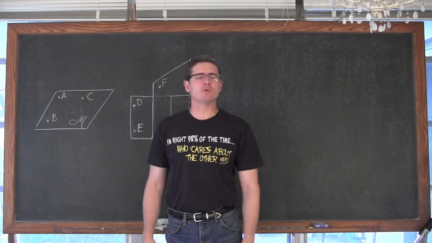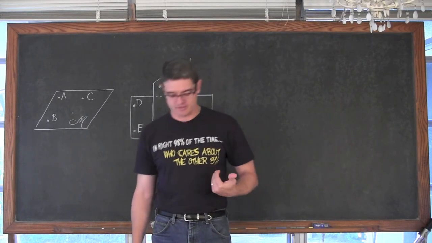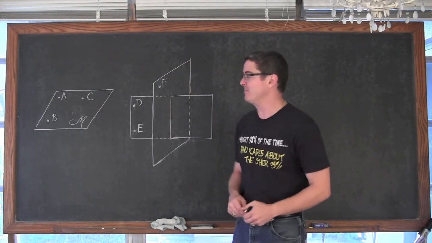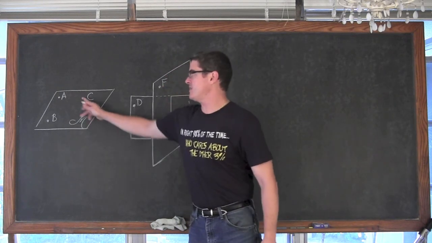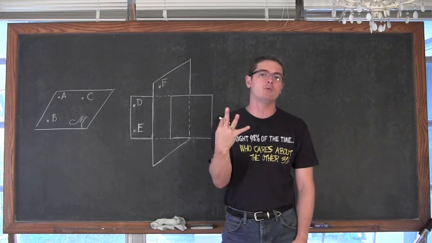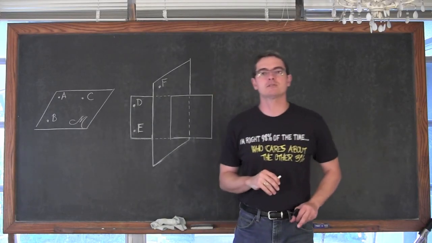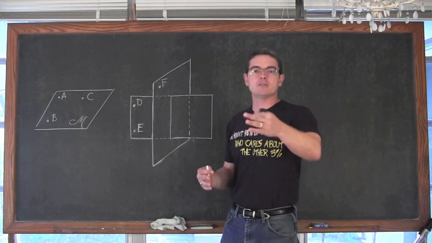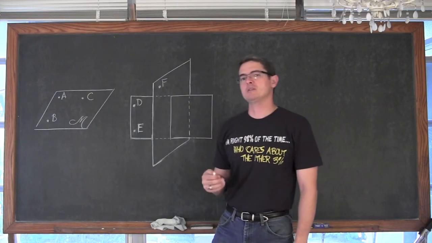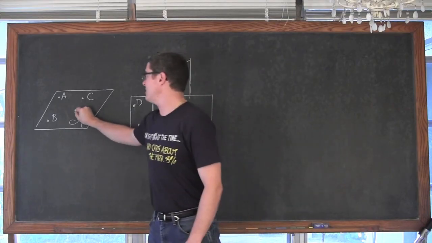We interrupt this regularly scheduled program to bring a correction because, while I am correct 98% of the time, I am wrong the other 2%, and who cares about that? Probably you, since you're watching this video to actually learn something. I just said that these 3 points are coplanar and these 3 points are not. That is a problem because 3 points define a plane. Just think of my camera on a tripod right now, and those 3 points where the tripod is touching the floor are defining the plane of the floor. So saying that these 3 points are coplanar is no big deal because 3 points define a plane. My problem with the example I just did is I need a 4th point.